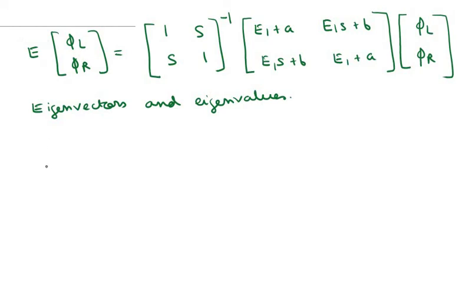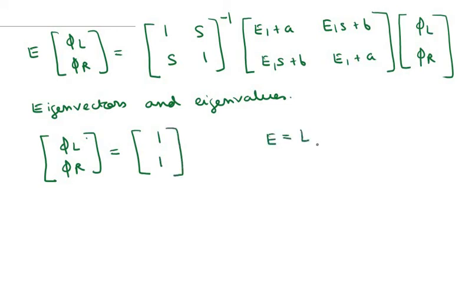The two eigenvectors are, phi L phi R equals 1 1, and the corresponding eigenvalue is E1 plus A plus B divided by 1 plus S. We call this bonding orbital or bonding eigenstate,